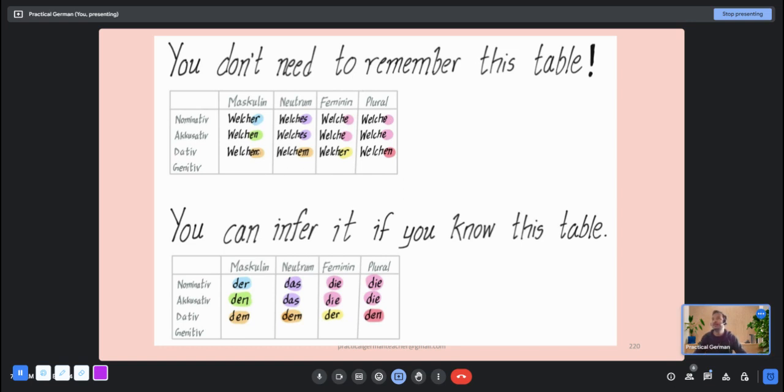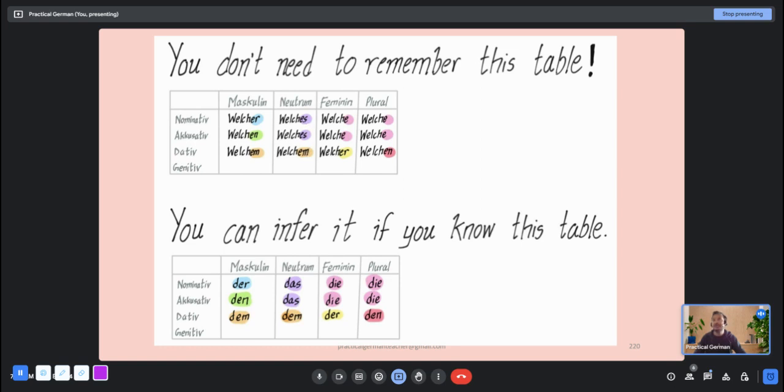Okay, you don't need to remember this table, because if you look at the adjective endings, it's er, n, m. If you know the definite articles, or bestimmte Artikel, in the German language: der, den, dem. Masculine nominative is der, accusative is den, dative is dem. Look at the ending: er, n, m. Is it not the same? It's the same. If you look at Neutrum, the definite articles nominative das, accusative das, dative dem. The ending is s, s, m. It's the same.